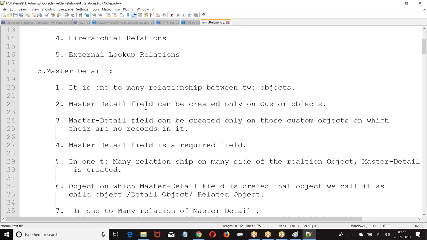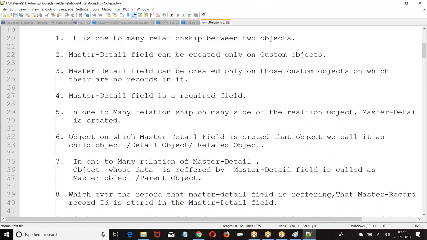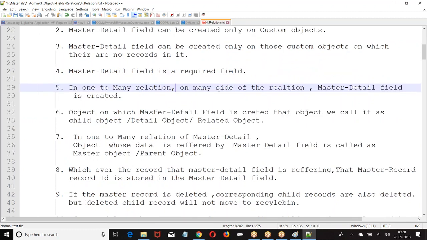In a one to many relation, on the many side of the relation, master detail field is created. The object on which master detail field is created, that object we call the child object or a detail object or a related object.